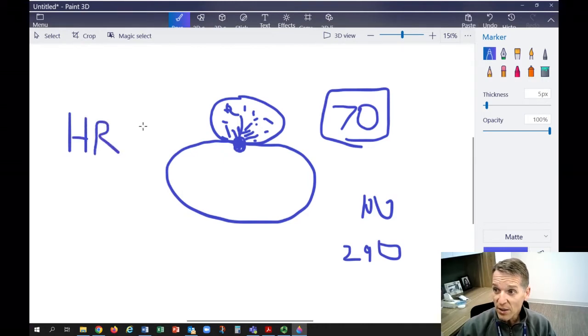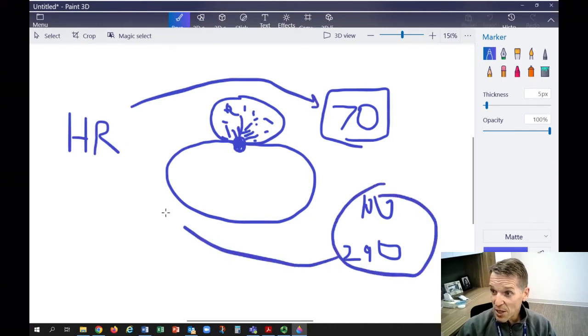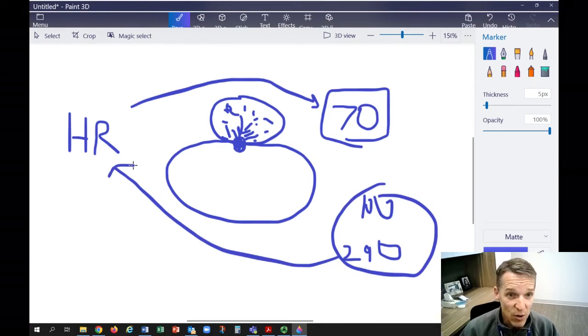So heart rate, which should be 70, in a person with atrial fibrillation might be 100 or 150 or 200 because the AV node can possibly be stimulated so frequently. So heart rate is one